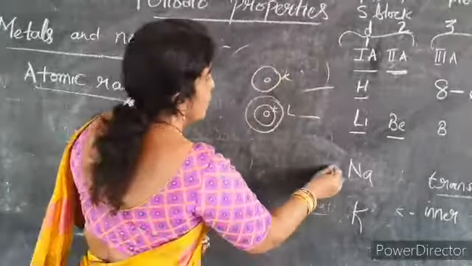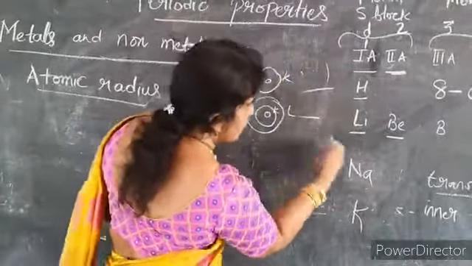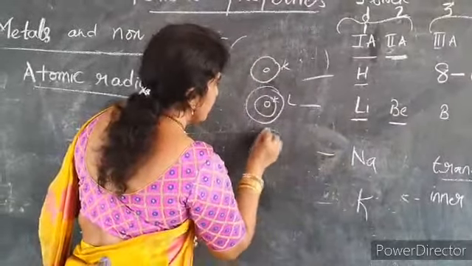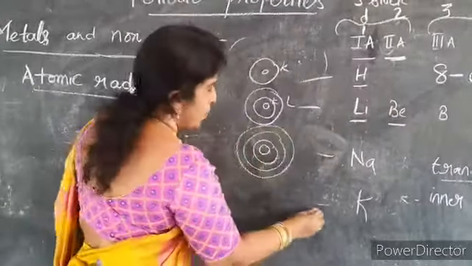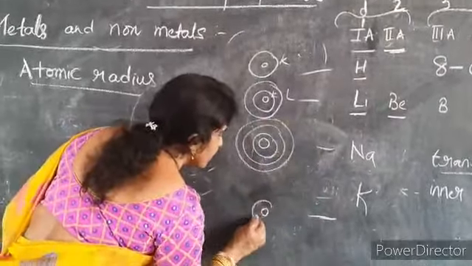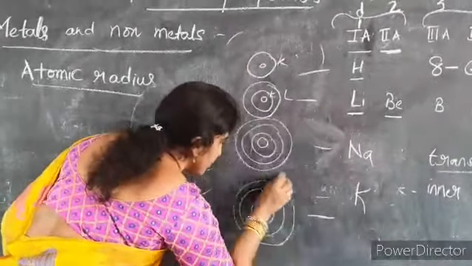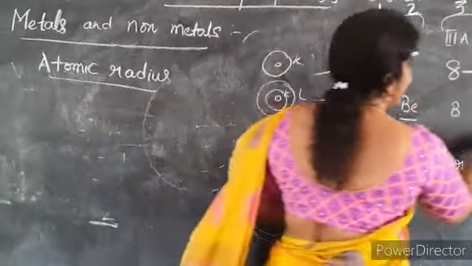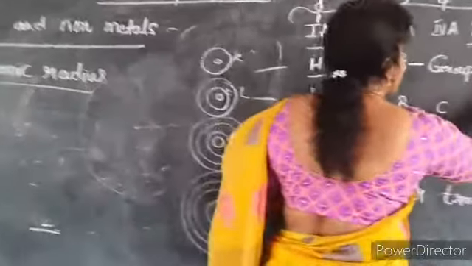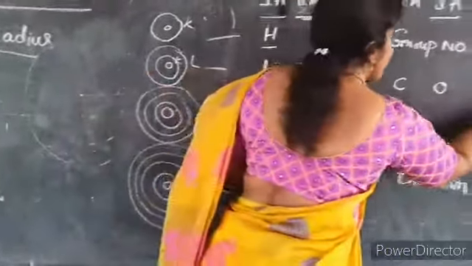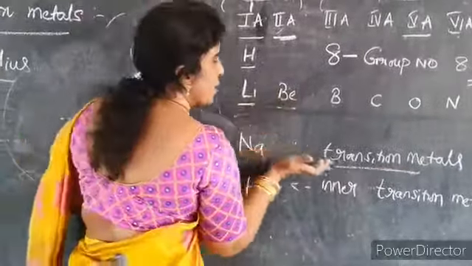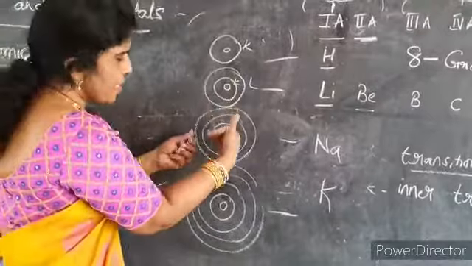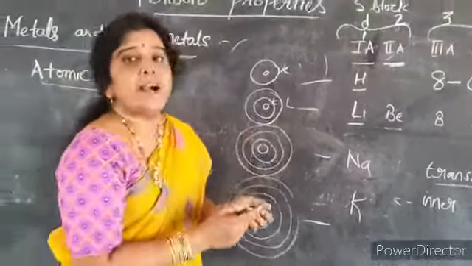Right? Now, in case of sodium, see what is happening at every step: one new shell gets added. In case of sodium, you have three shells, and in case of potassium, you have four shells. So, this is applicable to all the elements in the period. In the first period, there is one shell. In the second period, all elements are having two shells. In the third period, they have three. And fourth period, four.